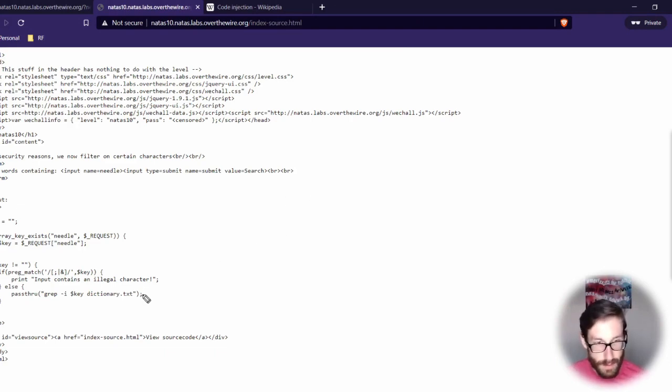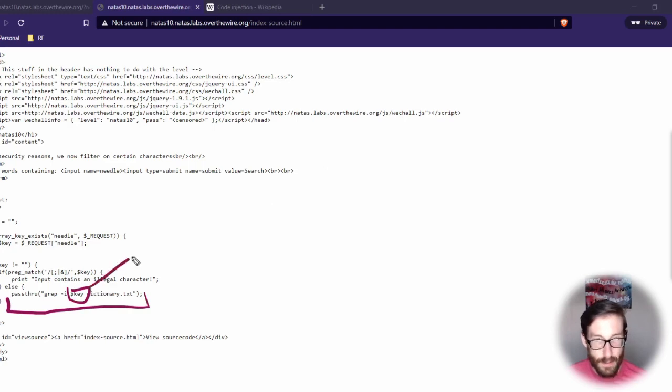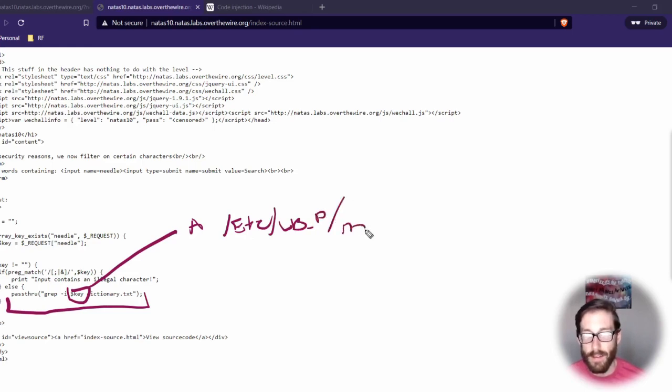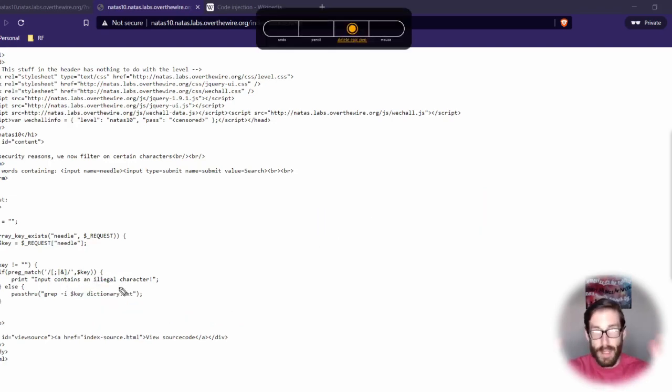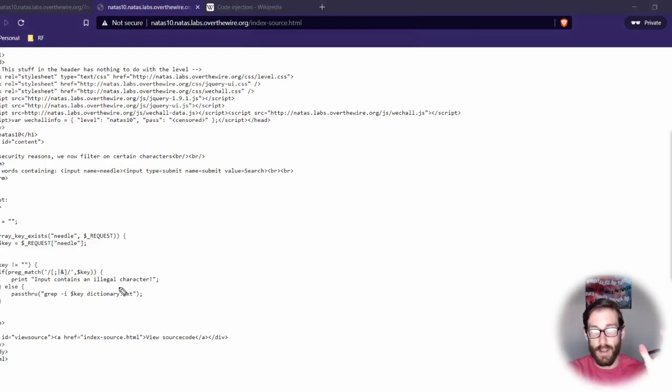And what we can do here is say this grep here, right? So if we're going to grep for this key, then this key should be not just a value, but it should be a value and a location. So for instance, we could put in, A, and then we can put in our location. So if we want to do etc / whatever the web pass was, and then Natas, it's going to be 11. So if we did that, in addition to this, the dictionary would still be there. So we're still going to have our dictionary here from here. And it's all going to be encompassed in a single command, or a series of switches inside of a single command. And hopefully that gets us back something.